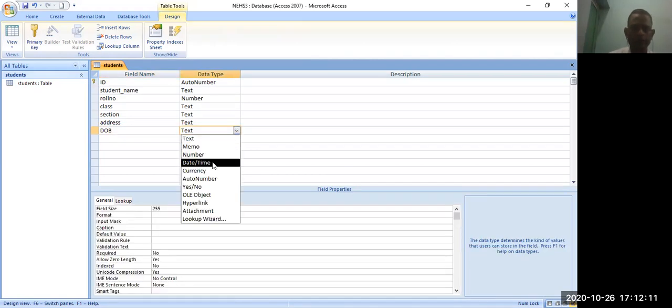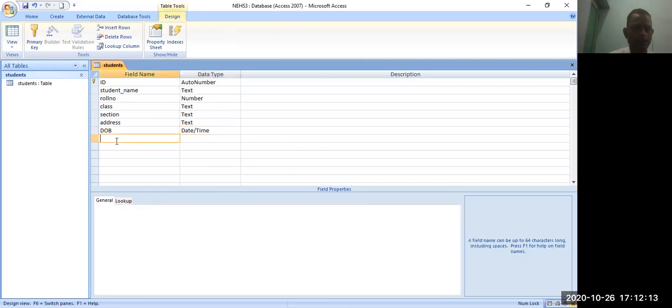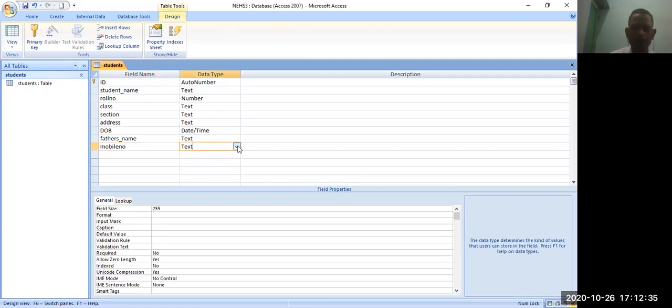You can use the date data type, or select a different data type for date of birth. Address you have already selected, and father's name you can use the text data type. Mobile number you can select numeric, depending on whether you require calculation; in that case select the number data type.